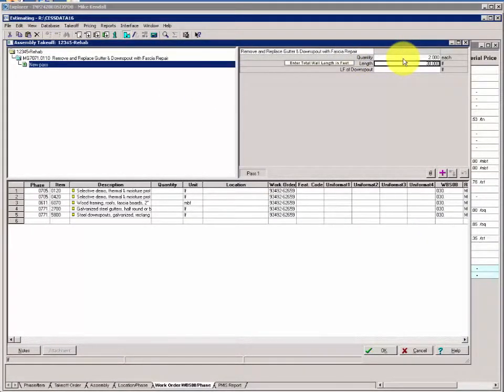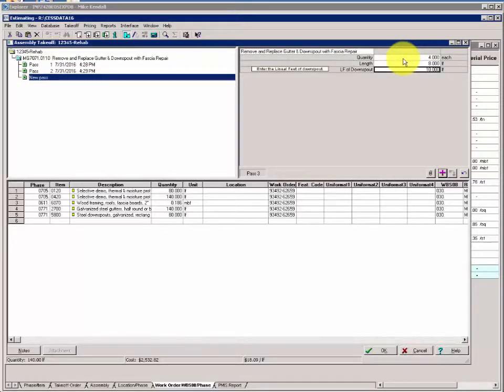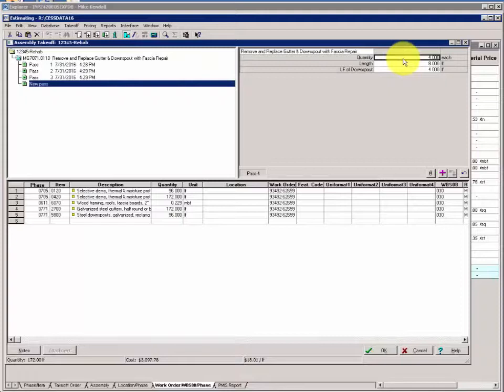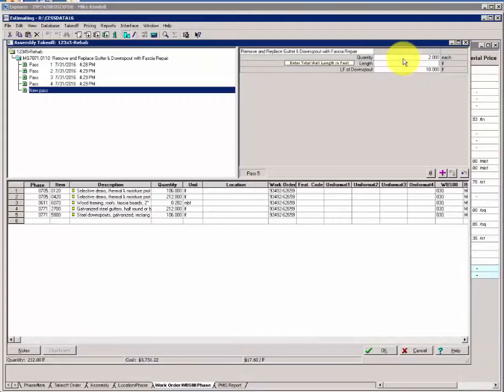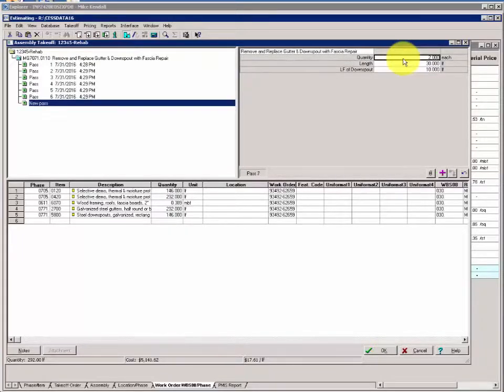We have two lengths of 50 foot with a total of 20 lineal foot of downspout. We have two lengths of 20 feet with 10 foot of downspout. We have 4 runs of 8 with 4 foot of downspout. We have a run of 40 with 10 foot of downspout. 2 runs of 10 foot gutter with 10 foot of downspout, and 2 runs of 30 with 10 foot of downspout. So you should see a combined total of around $292 with the total cost and an average cost per